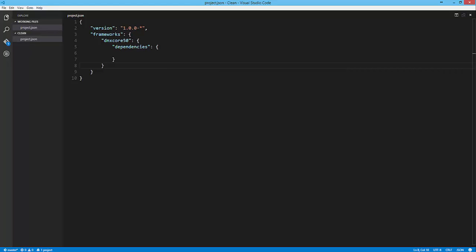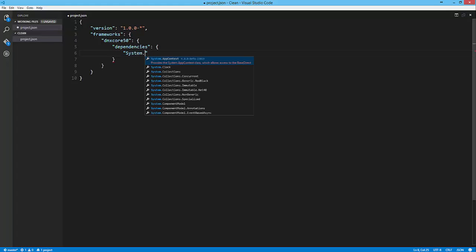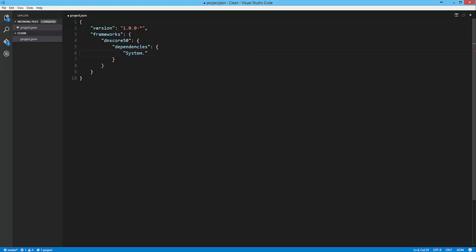I'm going to go ahead and add a dependency on System.Console. So I'm going to type System.Console, and as I type this, Visual Studio Code gives me nice IntelliSense on the NuGet packages available. So in this case, I'm happy to use that version there.